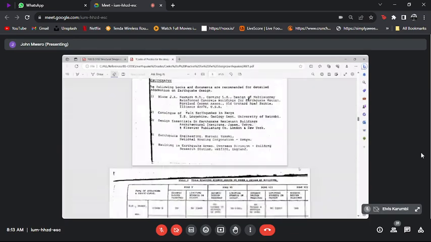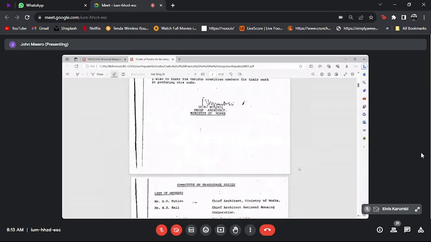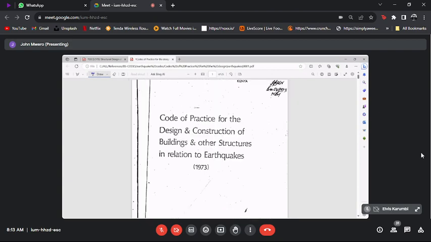Of course, it is limited. It has limits, and I will highlight those limits as we go along. But this is available. So I want us to look at how we can first calculate earthquake forces and how we provide for them by first referring to this standard. And as we go along, I'll keep telling you what the difference is between this standard and the newer